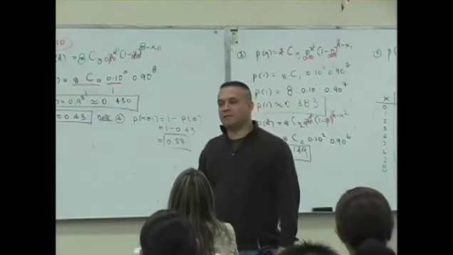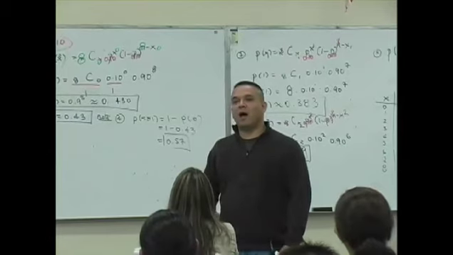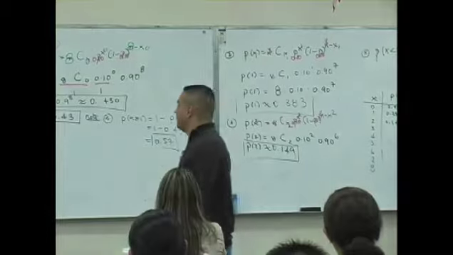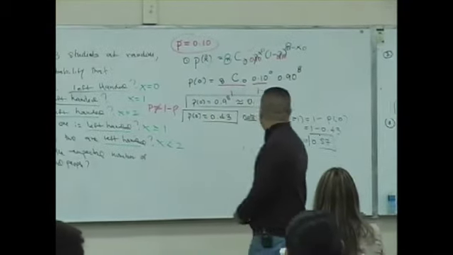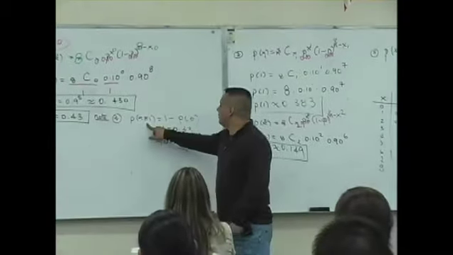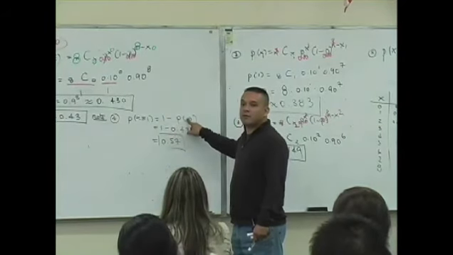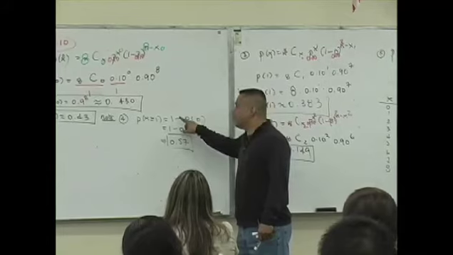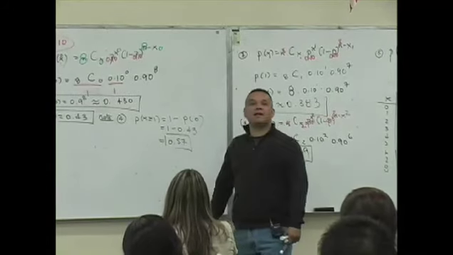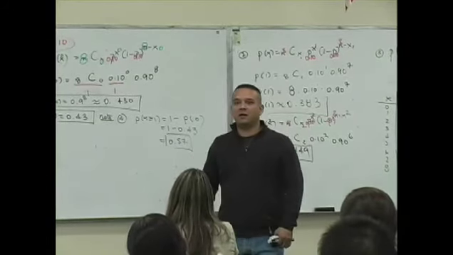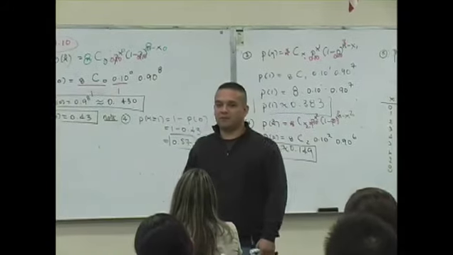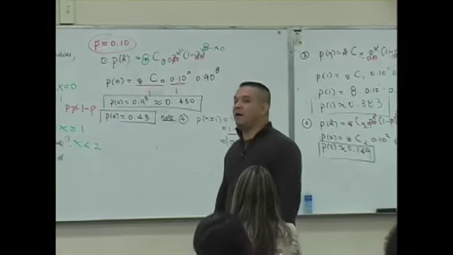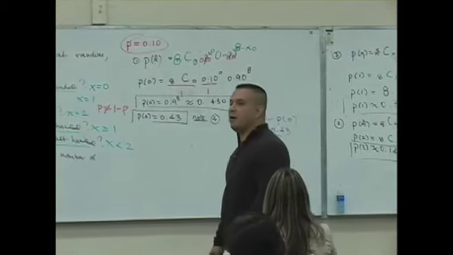I said, okay. But all you had to do to answer question 2 is take the probability of at least 1 as 1 minus P of 0. You just did that one subtraction problem. Here's your second answer. How long should that take? 20 seconds. Okay. And then finally for question 3, what kind of distribution is